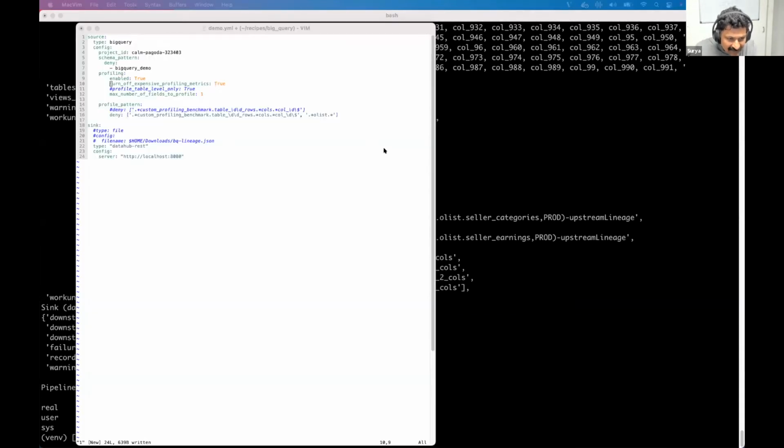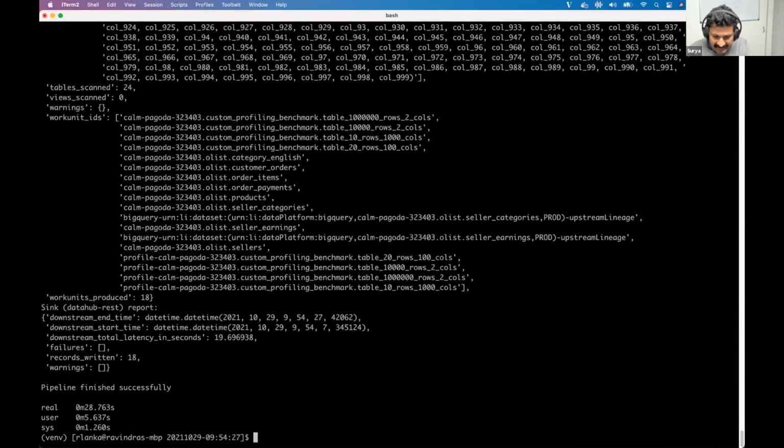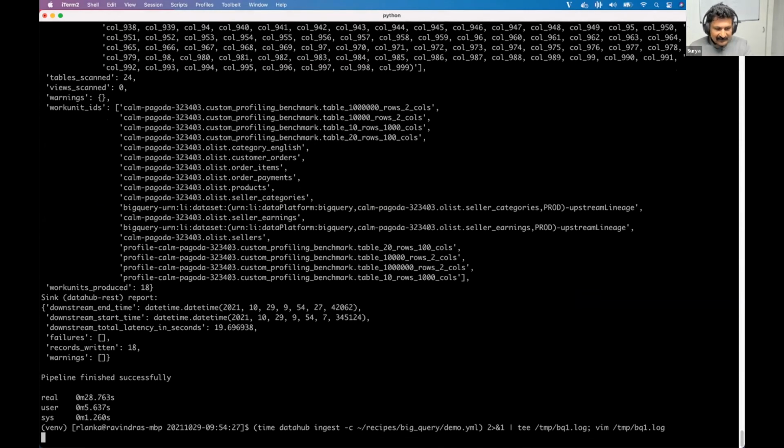Now let's actually turn on only table level. I want to profile only table level metrics. And let's keep this on as well. To keep the demo short, just to see the difference in running time with column profiling.